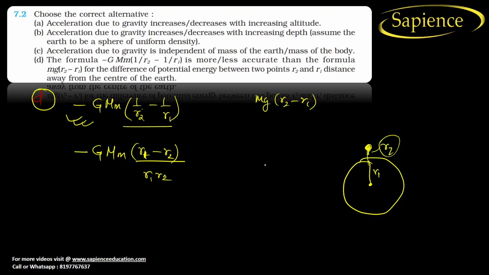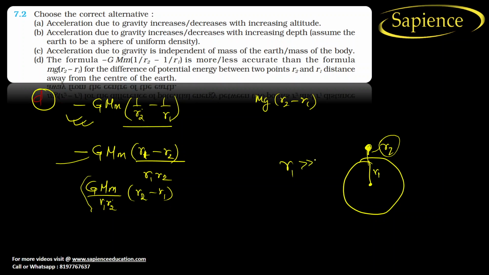So if we want to find the potential difference, we have to use this formula. If we put here GM into small m by r1 r2 into r2 minus r1,